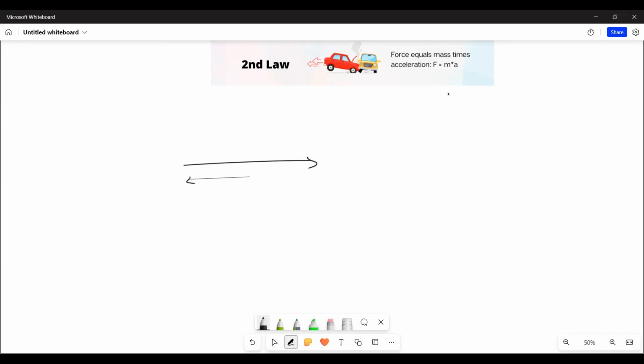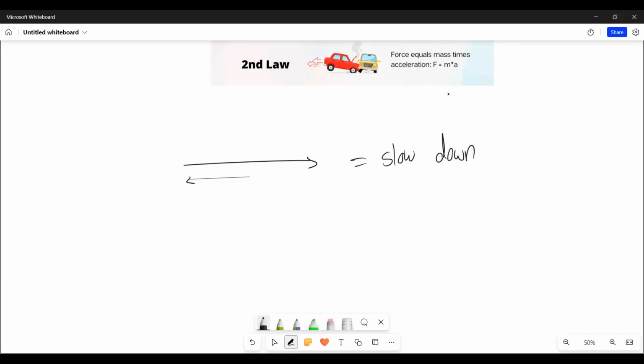Since the resistance or this force is less, let's represent the forces by arrows. The bigger my arrow, the bigger the force. If the force is acting in the opposite direction of the initial force, then the object is going to slow down a little bit, but it's going to keep moving in the same direction. It won't go backwards or change to the other direction, no. It's going to keep going forwards, but with less force, with less speed. Okay.